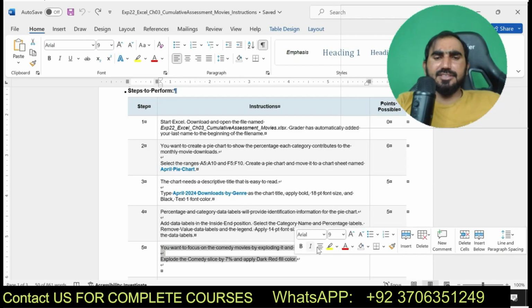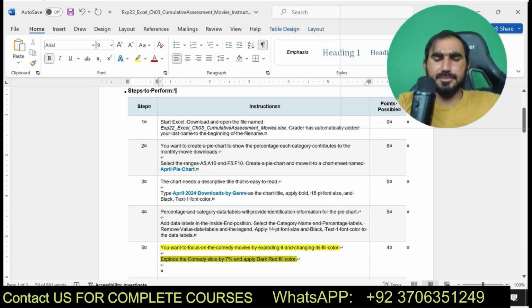Explode the Comedy slice by 7% and apply the dark red fill color. Now I'm going to solve step number 5 here.